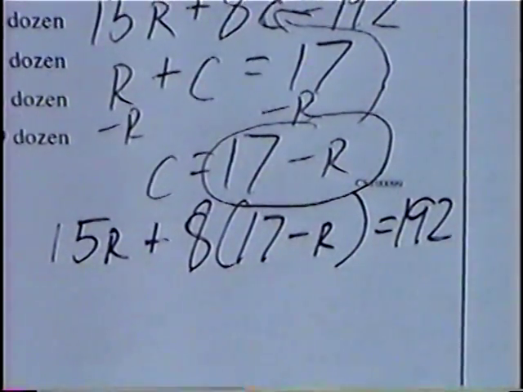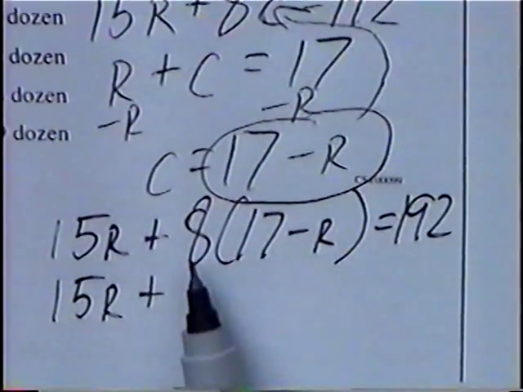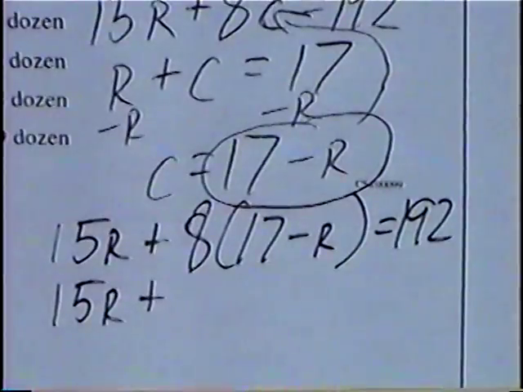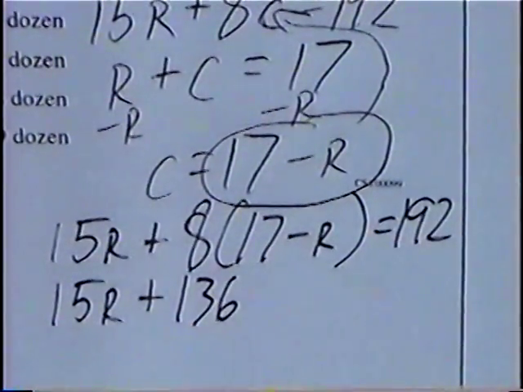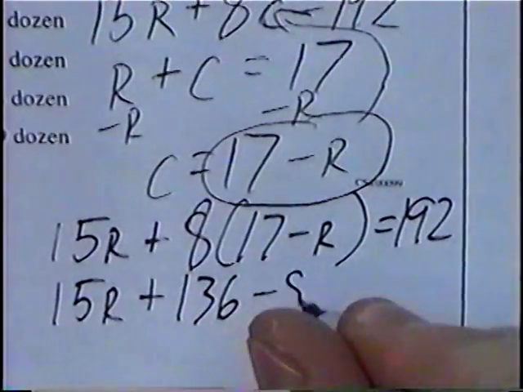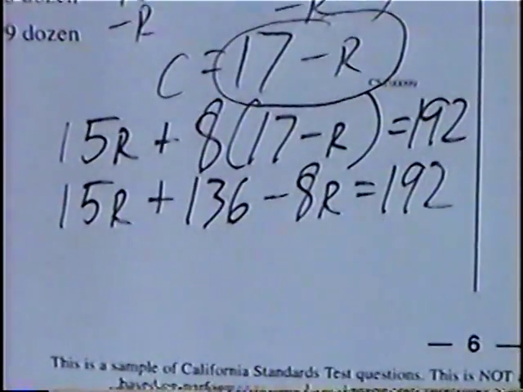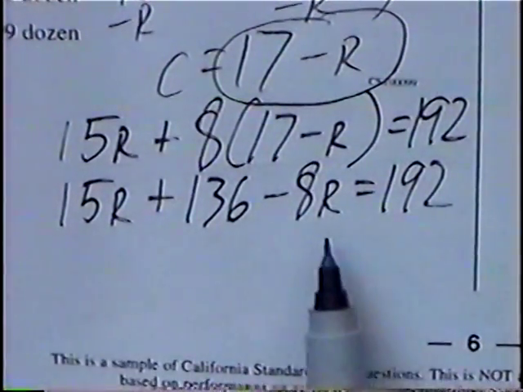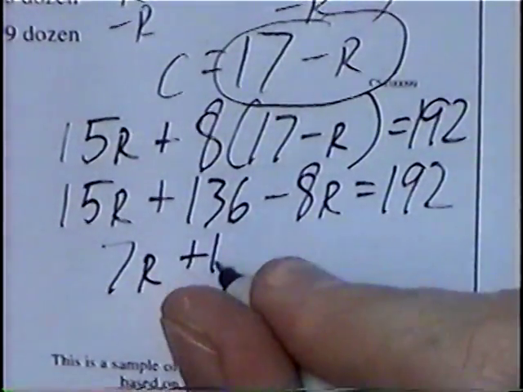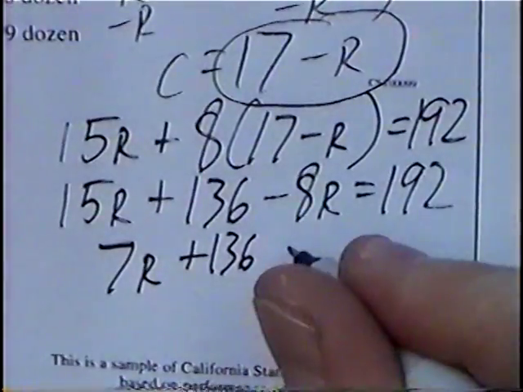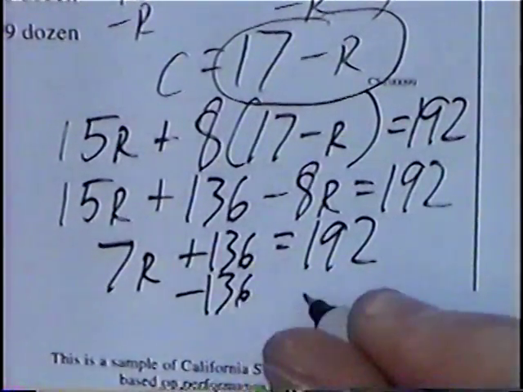Solving from here, since we have a single variable, we can solve for R. 15R plus 8 times 17. Multiplying that out would be 136, and 8 times a negative R would be minus 8R, equals 192. Continuing to solve, 15R minus 8R would be 7R, plus 136 equals 192. Subtracting 136 on both sides,